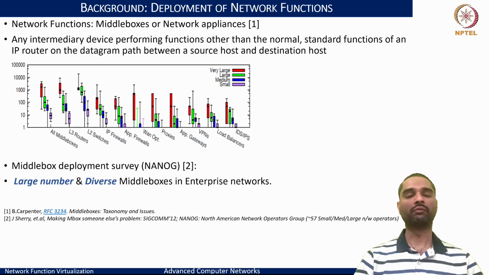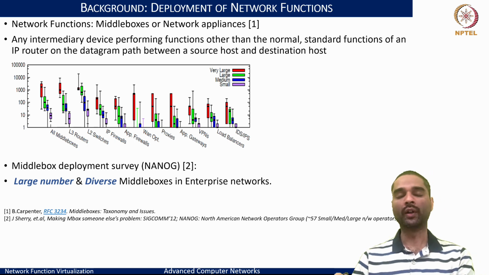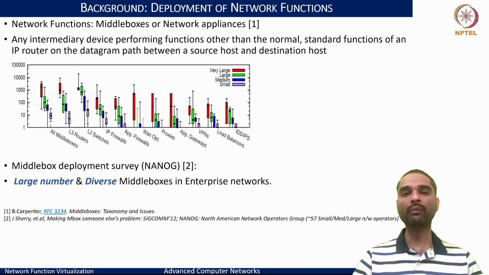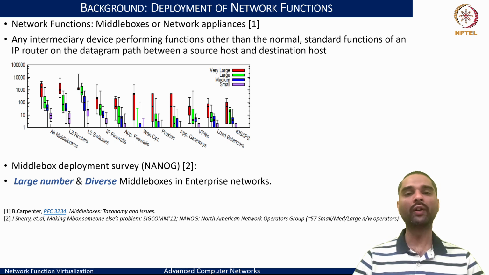In the early 90s, the internet community started to sense the emergence of a lot of these devices. And especially one of the main reasons, we said, was that it started with the exhaustion of IPv4 and the transition and the model of IPv6, or making sure that IPv4 would last with a transition to a private and public IP address model with the NATs. All of these led to the proliferation of middle boxes.